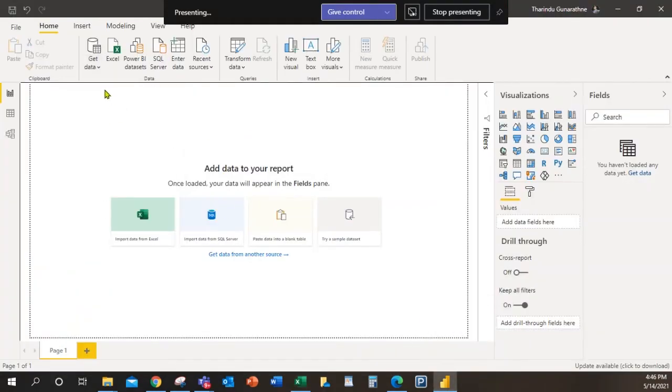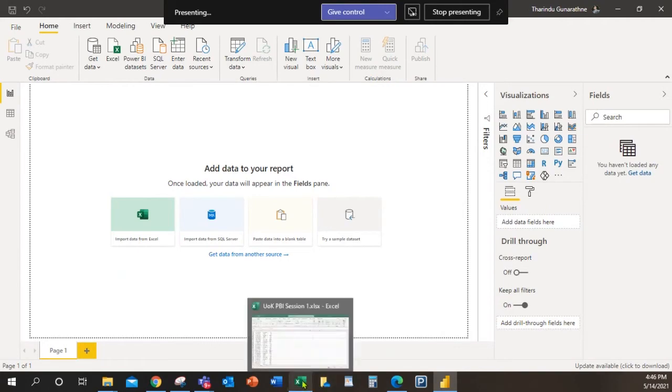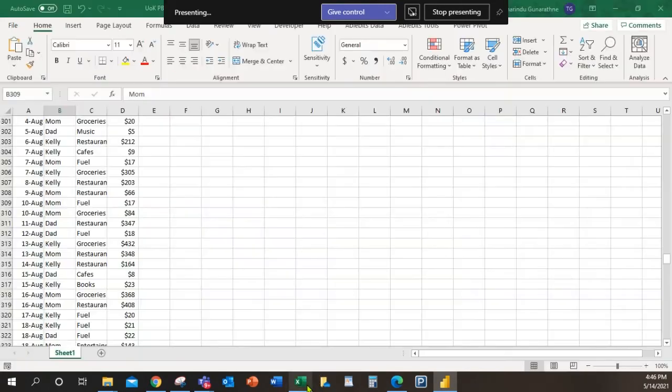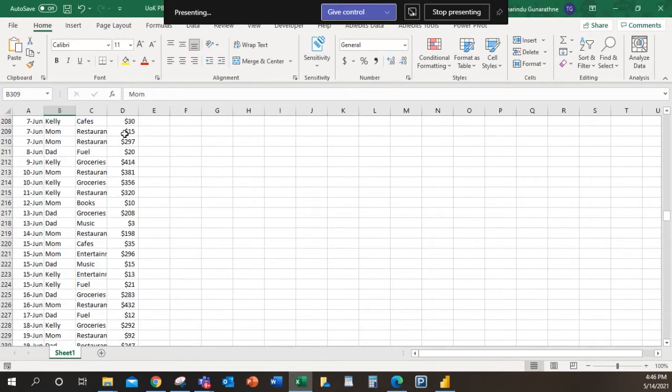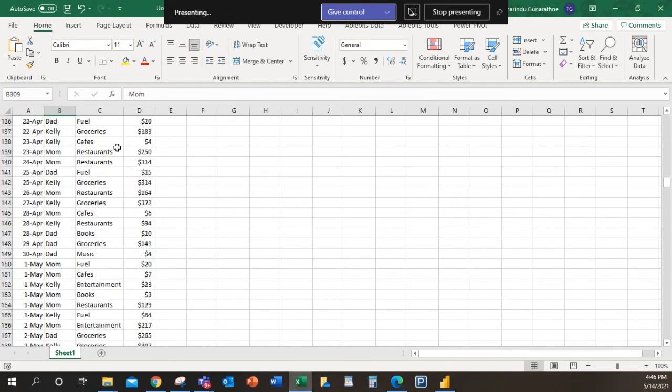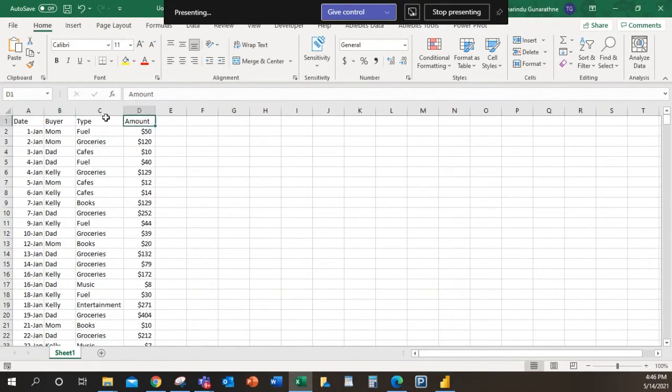Okay. But before that, let me explain a good practice. The best practice. Now, in most cases, what do you think? Is this a table? Huh? Is this a table? Now, let me draw a table.